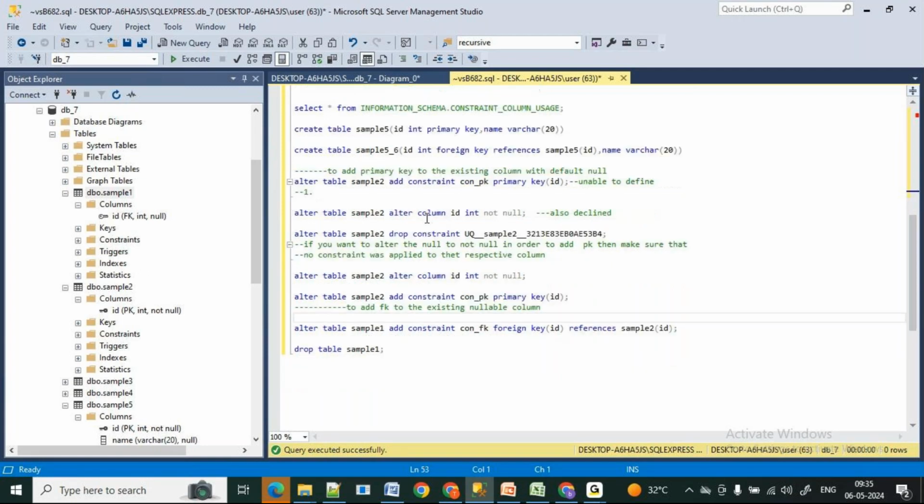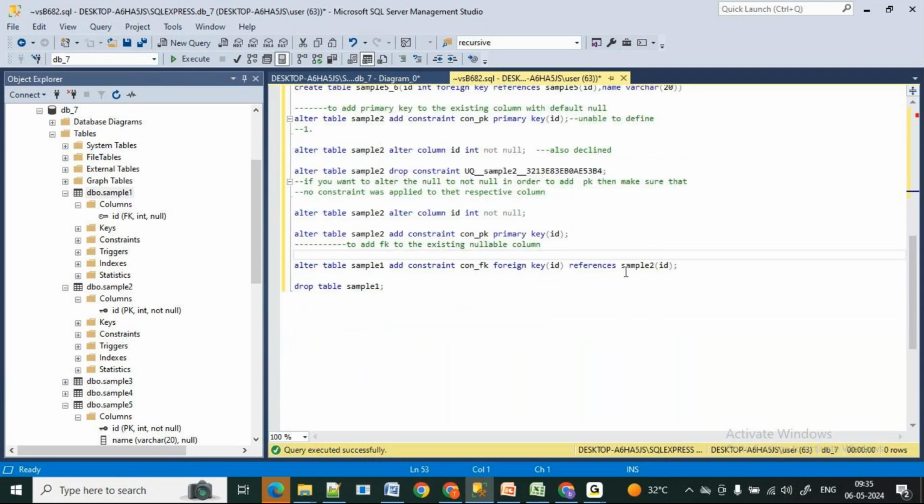Now my homework for you, or else my assignment for you is, I just taken here sample 2 of id, which is primary key, right? Now you guys try to take references table of non primary key column and let me know whether you're getting error, or you're establishing any connection.